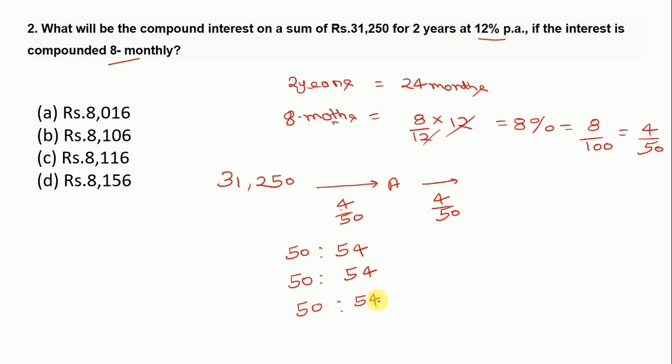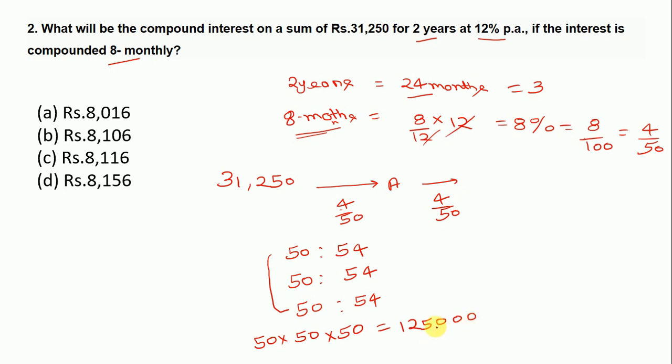But in the question we are given 2 years. Why am I saying 3 periods? Because we have 24 months and interest is compounded after every 8 months. So it will be equal to 24 divided by 8 is equal to 3. So this will be our total principal amount. Just multiply 50 by 50 by 50. It will be a cube, and cube of 5 is equal to 125, everyone knows, and 000, because 3 zeros are there.